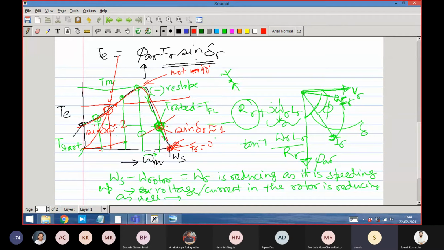If for some reason speed has increased, load torque is this. Why is this happening? The load torque curve has an overwhelmingly high slope. This also can be a stable region. Very rarely that happens, but mathematically that is also a stable region, because there is no reason why it cannot be considered stable. If for some reason the speed increases, developed torque is this much, load torque is this much, so it will come back. So the stable region will be that region where if we increase the load torque, the electromagnetic torque also increases, and if we decrease the load torque, then electromagnetic torque also decreases, right?